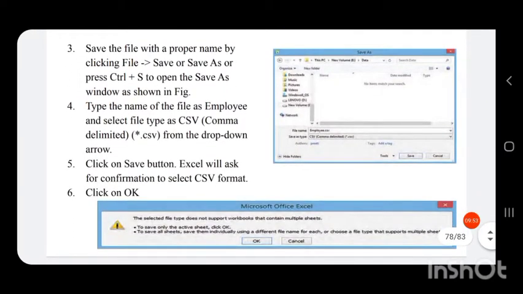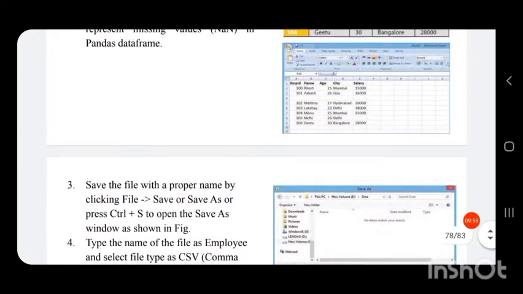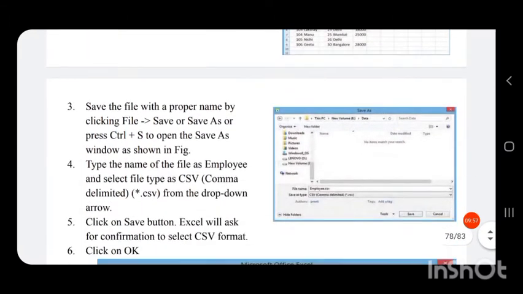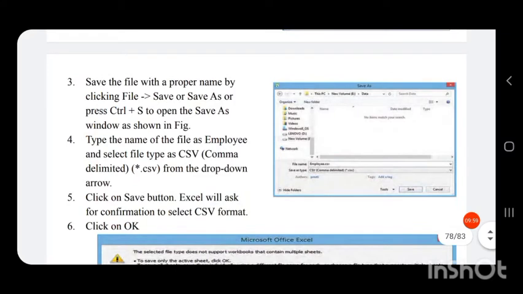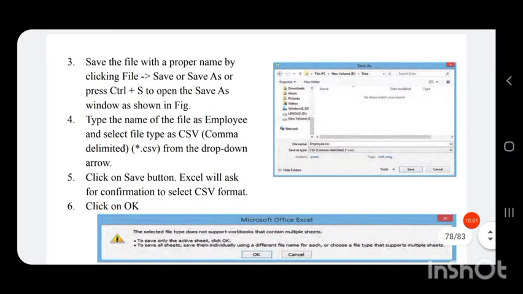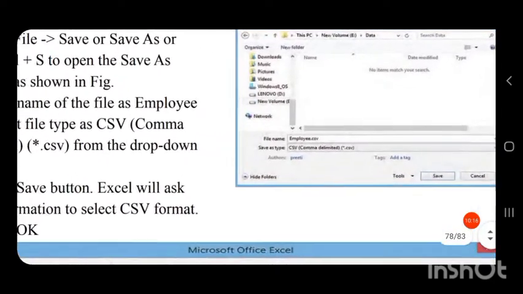Now we have to save that Excel sheet. We have to save the file with a proper name by clicking File, Save or Save As, or press Ctrl plus S, to open the Save As window like this.